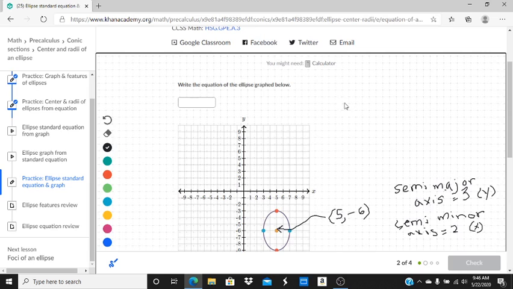Let's start writing this equation with our x coordinates. So we're going to have x minus our x center point, so x minus 5, squared